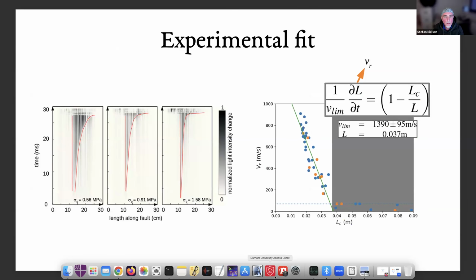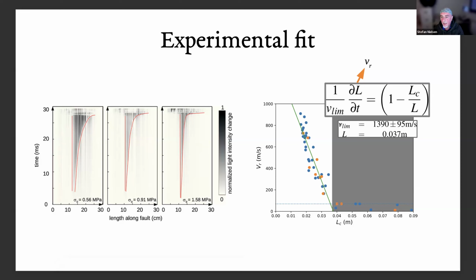Okay, so how does it match the experiment? Finally, I go back to our work with Latour about 10 years ago. And indeed, if I use this solution here, I find that there's a linear dependence between the velocity at any given distance from the initial position of the rupture, which is shown by these dots. The orange dots are actual measured velocities during the experiment, and the blue dots are inferred velocities. Sorry, scratch that.